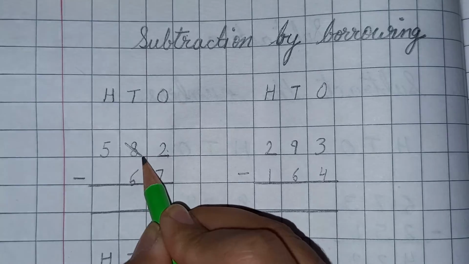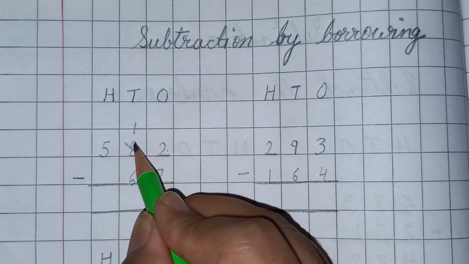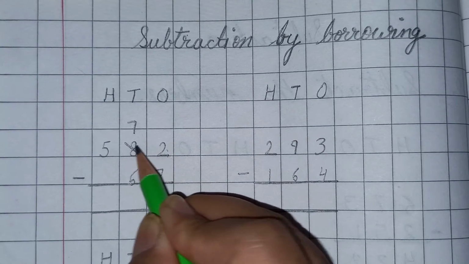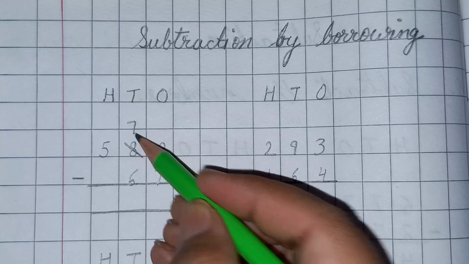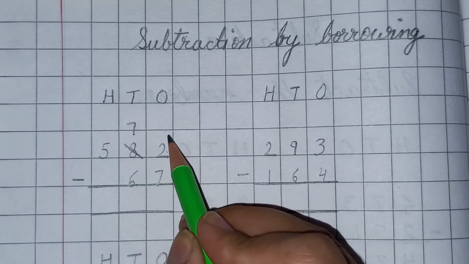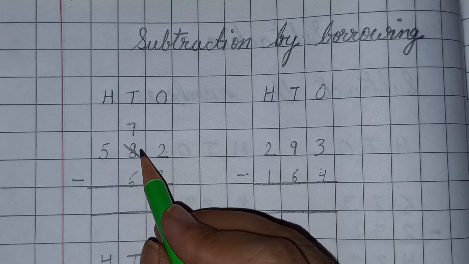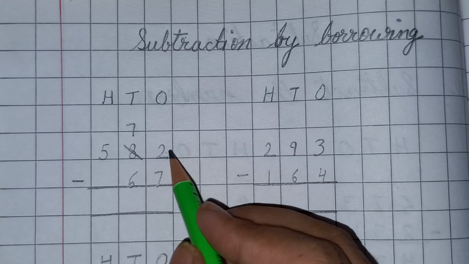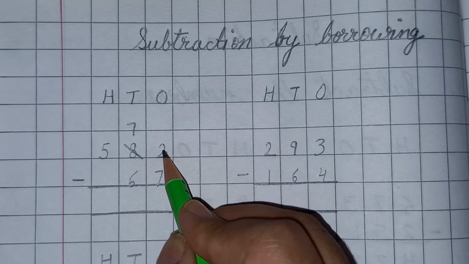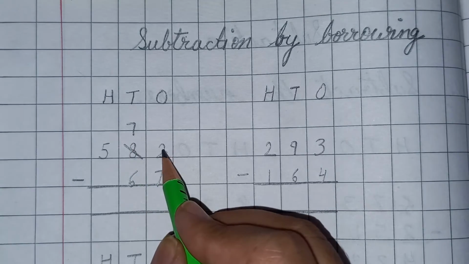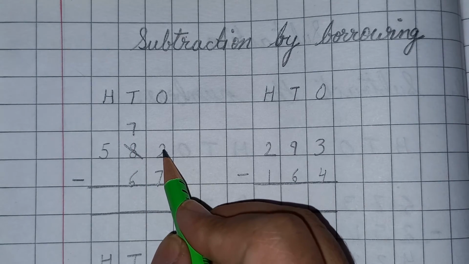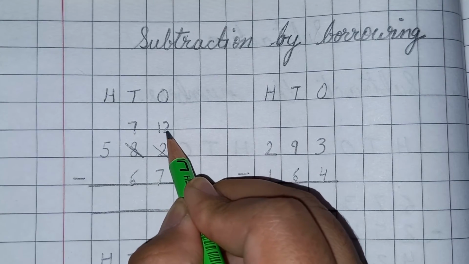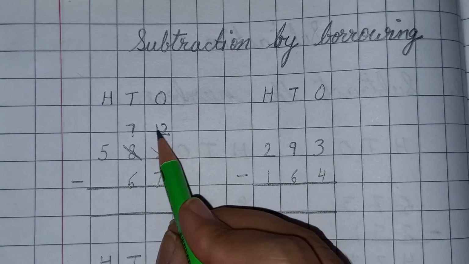We have to take 1 ten from this number. Okay. So when we are taking away 1 ten, how many tens will remain here? 7 tens will be remaining here when we are borrowing 1 ten from here. Okay. So when we are borrowing 1 ten, then what will happen? We will add it to two ones. Okay, when we are borrowing 1 ten, we will add it to ones. So here we are having two ones. So what will be the number? When we add 10, the number will be 12.